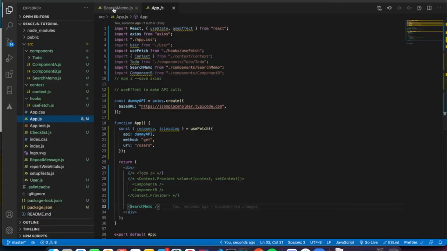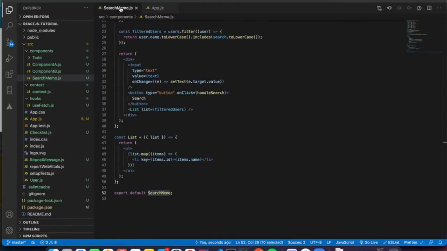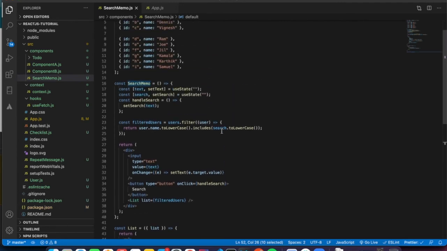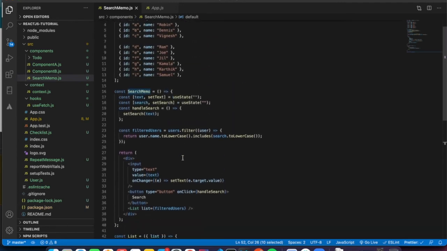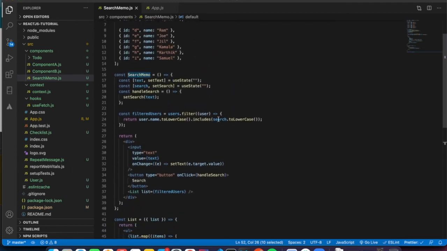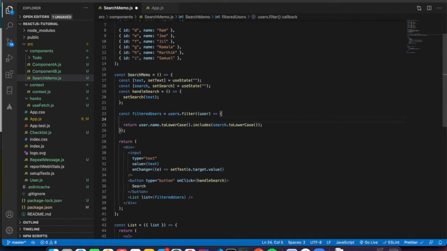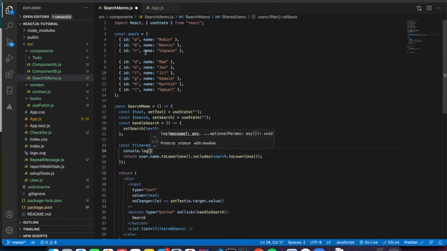So here what happens, suppose you have thousands of users in an array, and it might recompute again and again. I'll show you one thing, and also let me console log here. Now we have only about 8 to 10 records, but what if we have more than 100 or 1000 or 10,000?